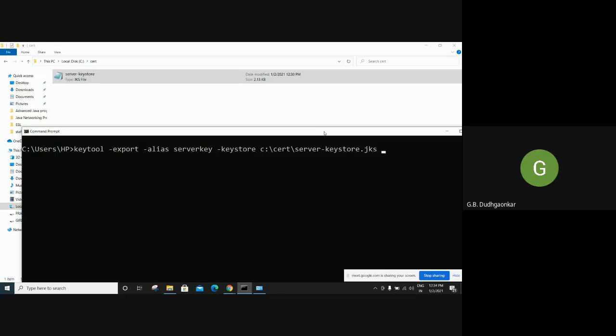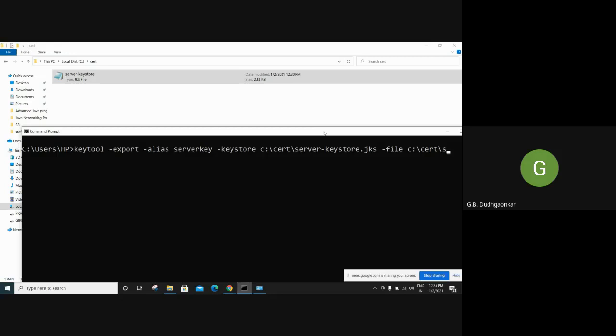Now we have to use the file option, in which file we want to export the certificate. Here we can type the same path or we can type a different path also. Here I am typing the same path, cert. Then I have to give the name to that public certificate of the server.